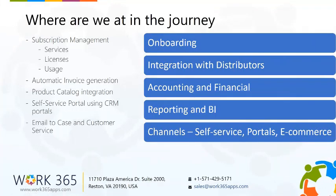So where are we at in the journey and what we want to do, right? We want to help partners build and run a profitable cloud business using Dynamics. Today we have these capabilities in the application. We can install the application for you in about an hour and set it up. What we have right now is full subscription management, including service-based subscriptions, license-based subscriptions, and usage-based subscriptions, which covers pretty much most of it, I think, in terms of the kind of services you might sell on a subscription basis. We have automatic invoice generation capabilities,